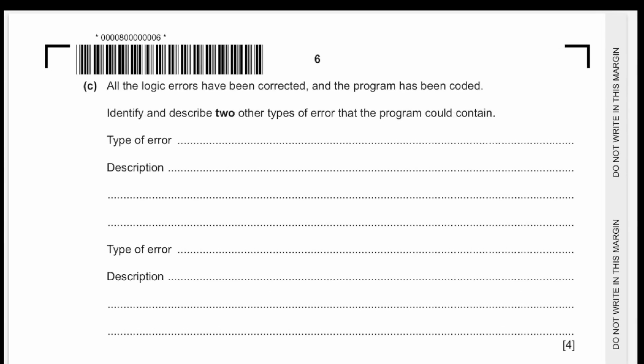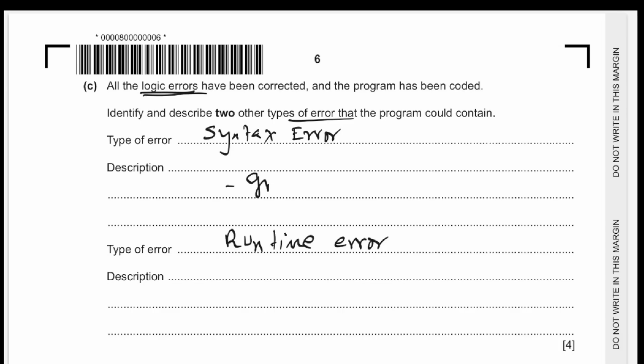Now the next question: all the logical errors have been corrected and the program has been coded. Identify and describe two other types of errors. So one error is definitely the syntax error. Syntax error is the error in the grammar, the error related to